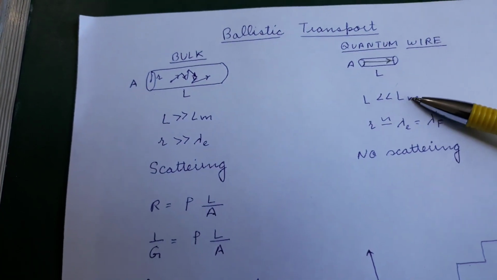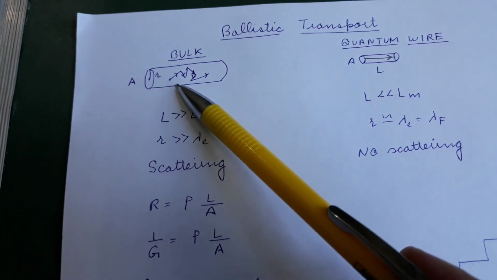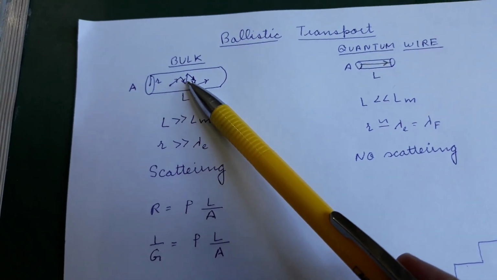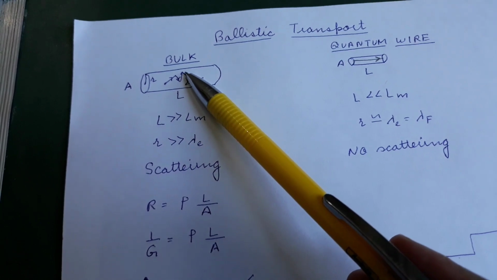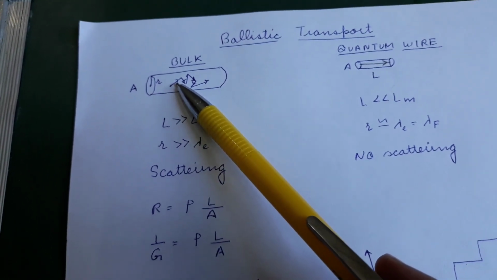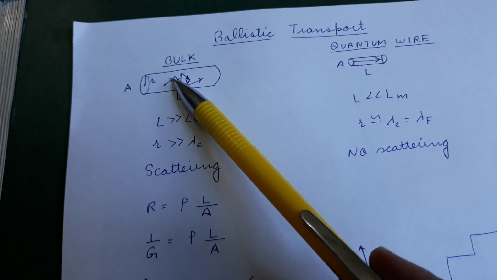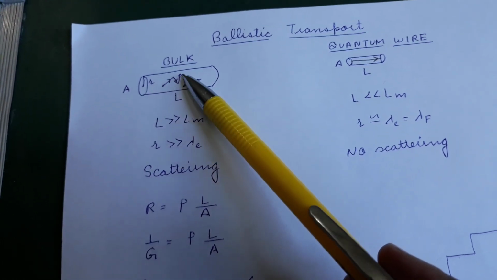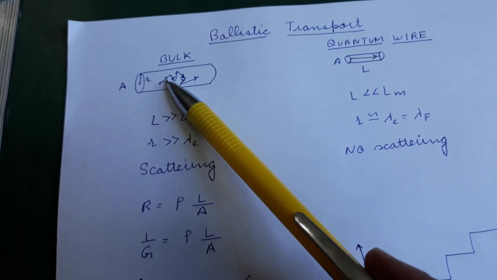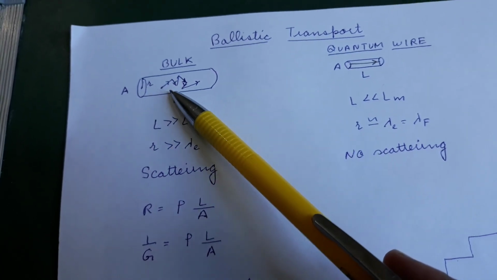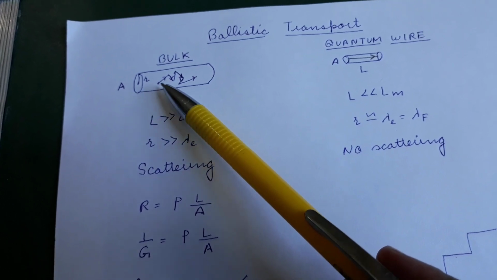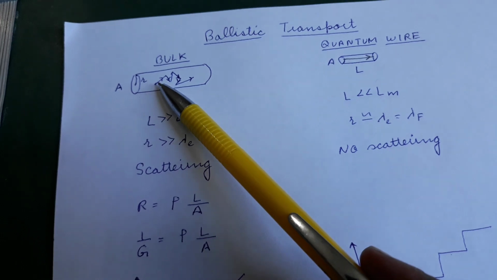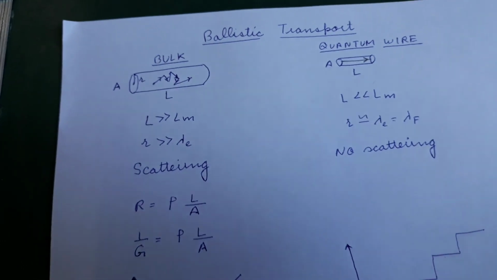So first of all, what is mean free path? You see that here the electron is traveling from one point to the other, collides and then deviates, and then collides and deviates in another direction. We can find the time it takes to move from after one collision to before the next collision, and then for the next, and the next. Find the distance traveled for each of these and take a mean of them, which will give you the mean free path. Similarly, the relaxation time can also be found like this. It is just the average time of each of these paths. That will be the relaxation time.